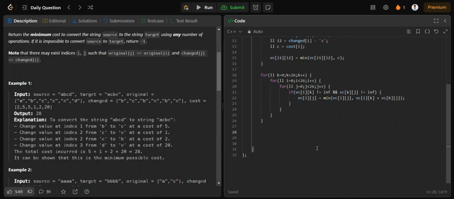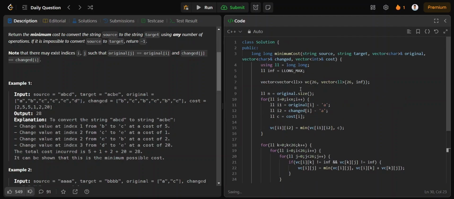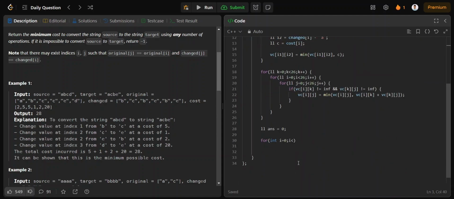So now we need to just keep track of all the changed elements, which is for i equal to 0, i less than source dot size, i plus plus. We check, first, int I1 is the index of source